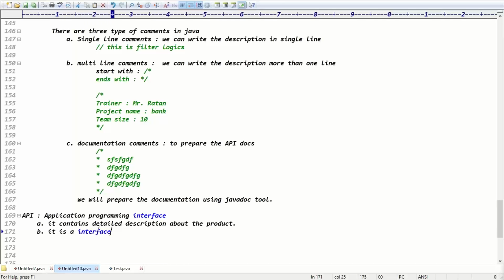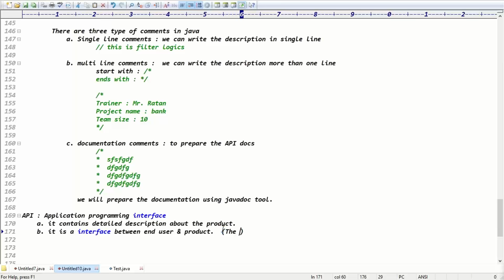It is an interface between the end user and, tell me, guys, what? Product, right? That's okay, because the end user can interact with the product with the help of API documentation.